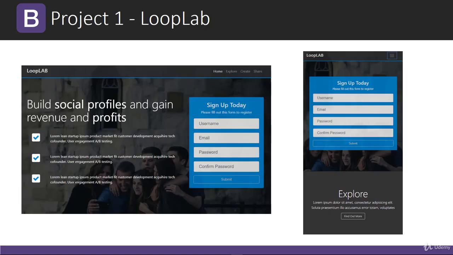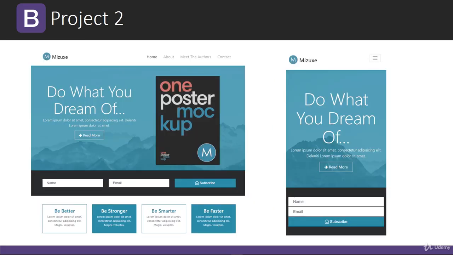Alright, so let's take a quick look at the 5 projects in this course. So the first is going to be a one-page theme called Loop Lab, which is kind of like a social media type theme. It uses the grid system as well as the new Flexbox classes, and you can see it's responsive. Every project we build is going to be completely responsive for all devices. So the second project will be a theme for selling a book or a product. All the images and background images are completely free stock images. This theme will also use a jQuery plugin for smooth scrolling, and we're also going to use the accordion widget